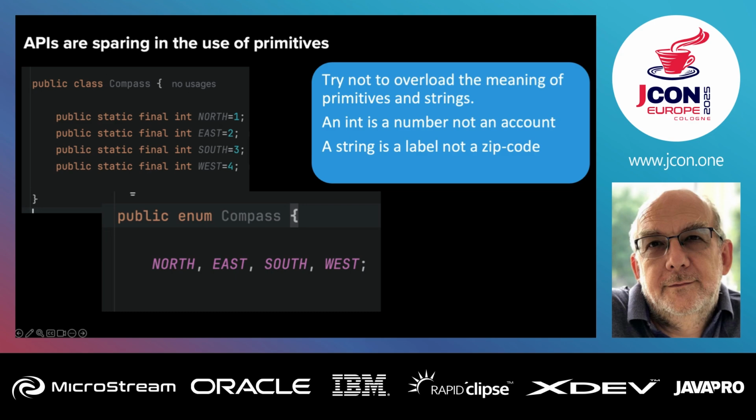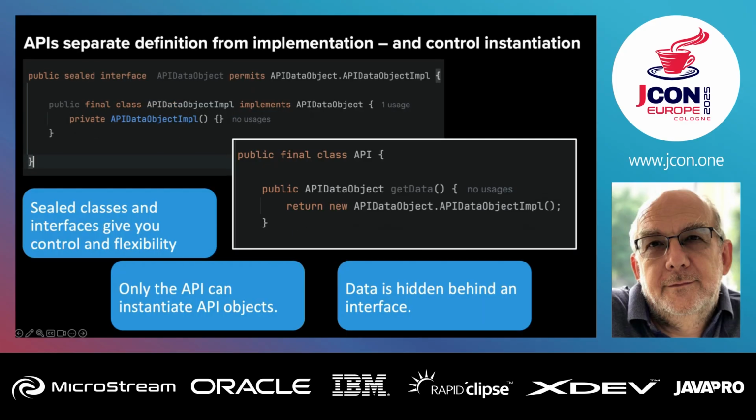But if one day you come along and go, I need to do something more with that string we've got, you have no options. Do not use primitives unless it absolutely is a primitive. You will get no penalties performance-wise by using objects that you create to represent this data than if you used just primitives, right? JVMs can cope with that. So you've got the sealed classes stuff, which I think I've said loads of times.